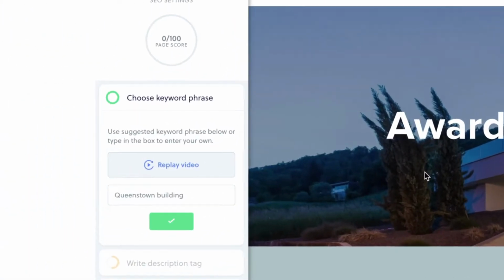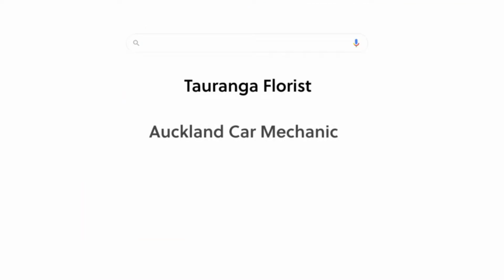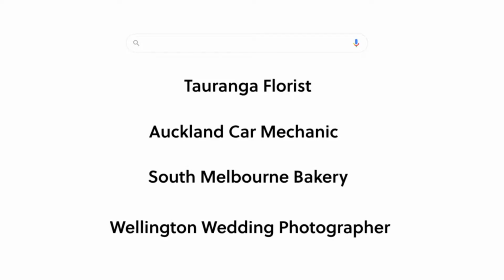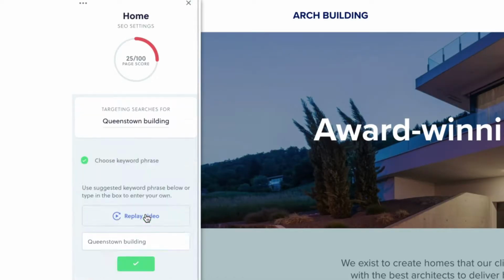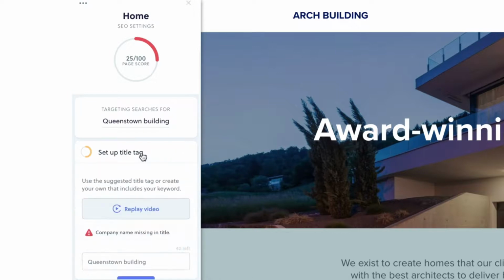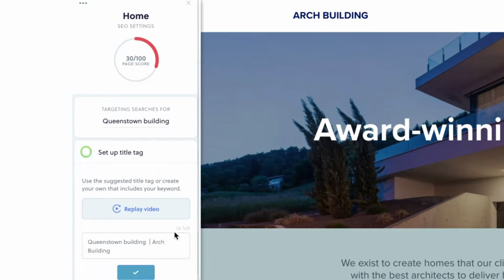The first task is selecting your main keyword phrase, or what people might search for your products or services. This should be 2 to 3 words long as that's the length people type into searches. The other tasks are all about targeting this phrase. When a task's requirements are met, you'll see a green tick button which means the task is done. If you see a red alert symbol, it means there's an issue you need to fix before completing the task.